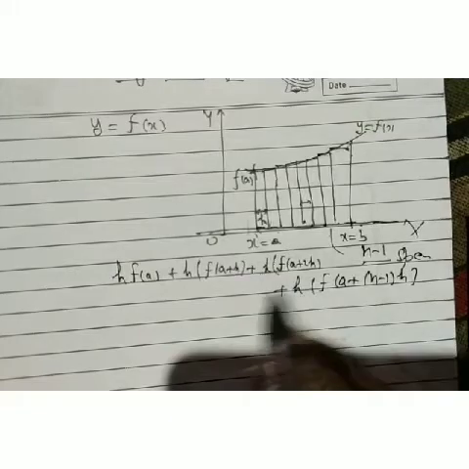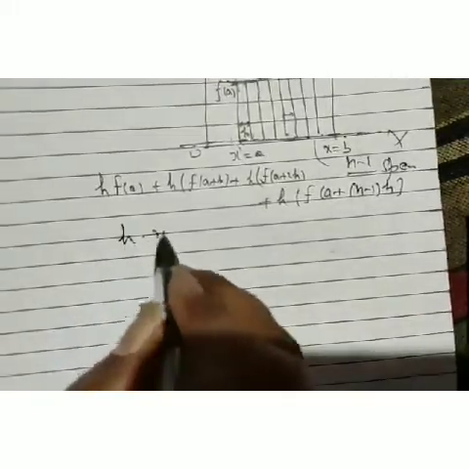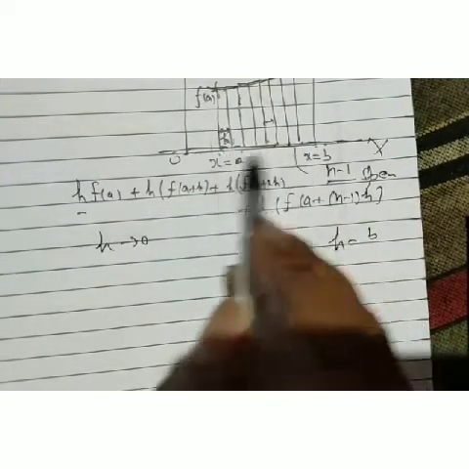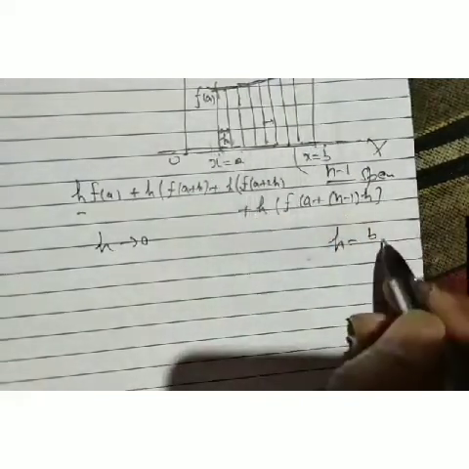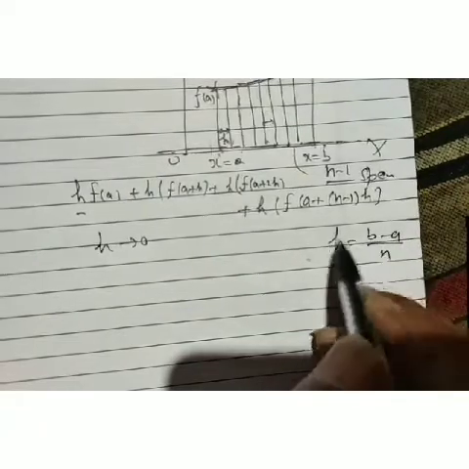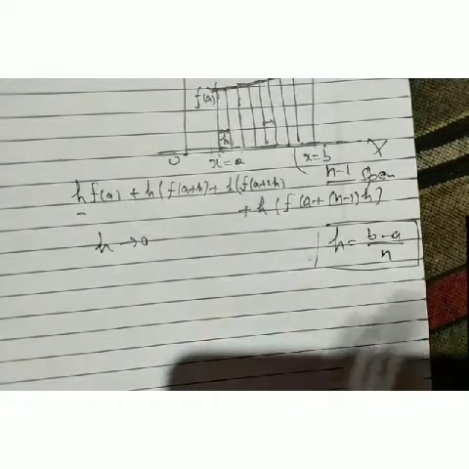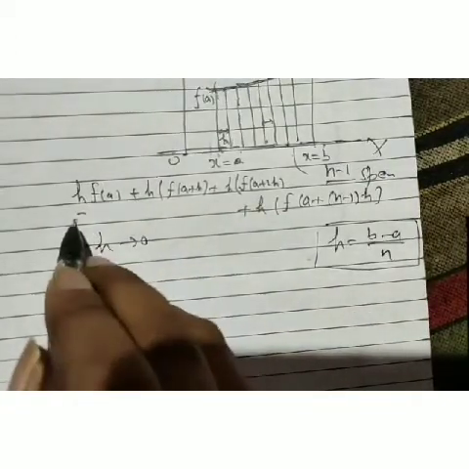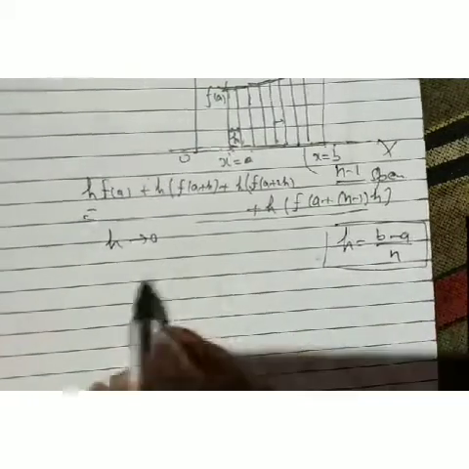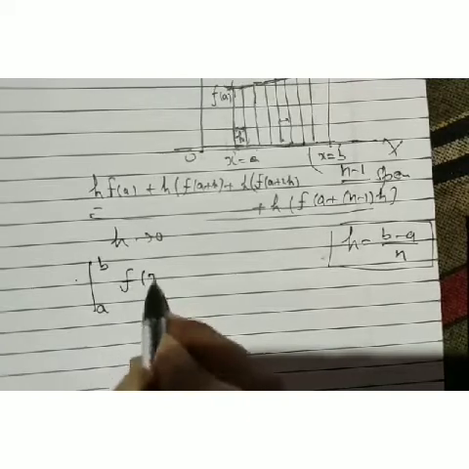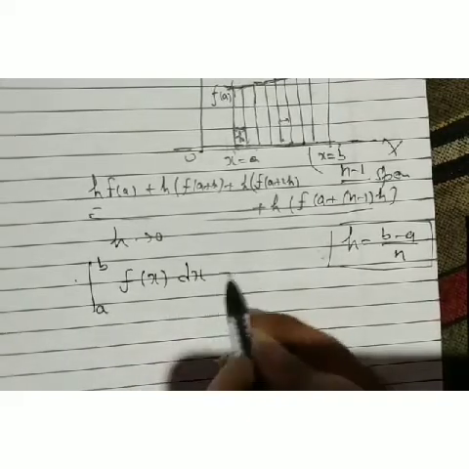Now look, when we take h tends to 0, what is our h? We can measure h as the length b minus a divided by n. Actually this is the width, our width h is given by b minus a by n. Whenever this h tends to 0, the whole part is represented by an integration over a to b of f(x) dx,